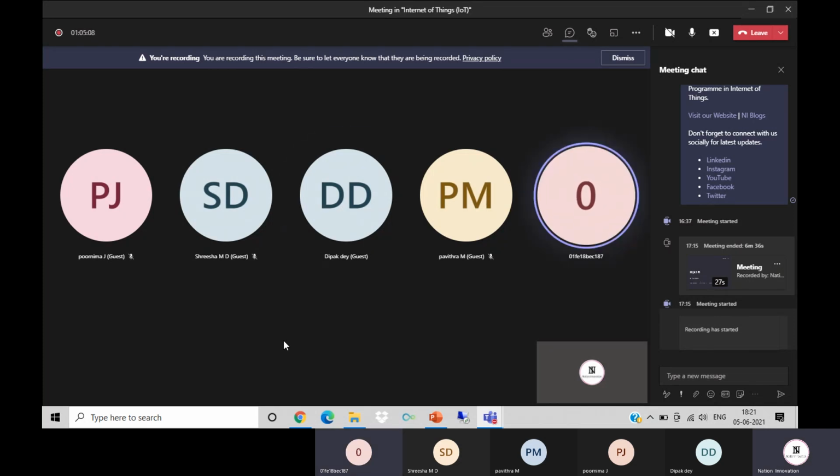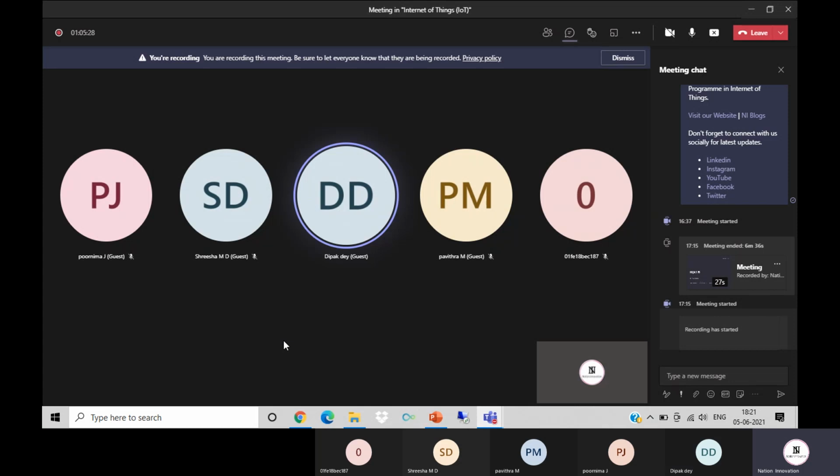Sir, how do you program NodeMCU? We are going to see that the Arduino IDE will help us program the NodeMCU as well. That is why we have put it in the same category, because the programming is almost the same. We will just install 2 to 3 different libraries. Nothing much different, and those libraries are default libraries.